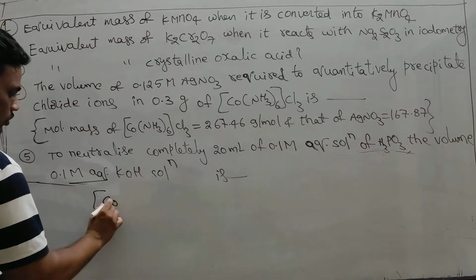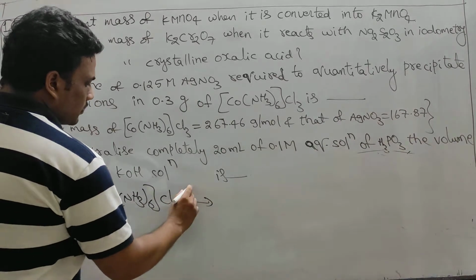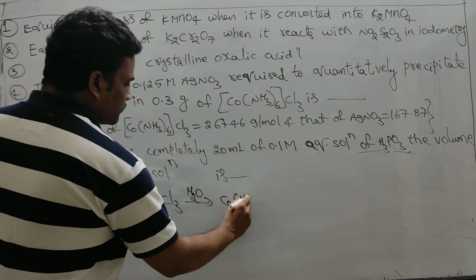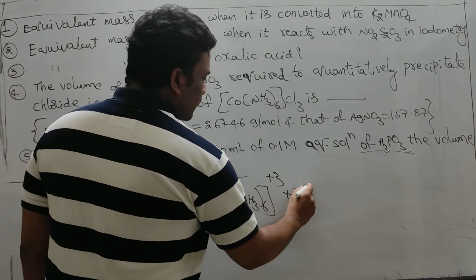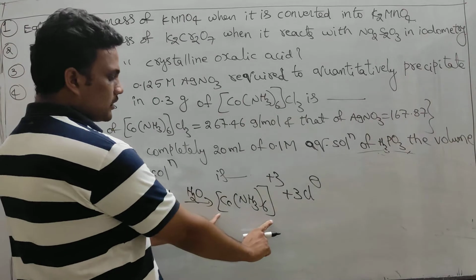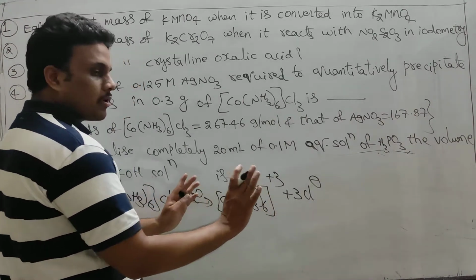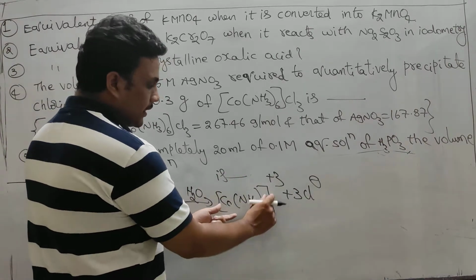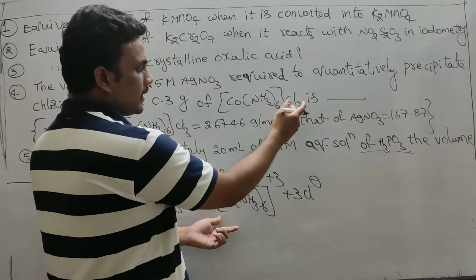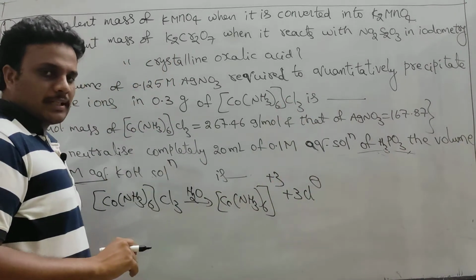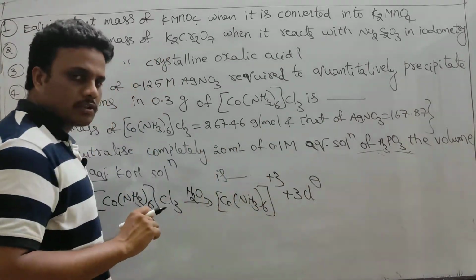That complex, when dissolved in a solvent like water, this reaction takes place. I mean 3 Cl- ions are formed. This is a complex ion. In complex compounds, the species present in square brackets never undergo dissociation. So it itself acts as an ion, and the counter ion, that is the outside ion, is present as Cl-. So 3 are there, 3 Cl-, 3 units of negative charge. It should get 3 units of positive charge.